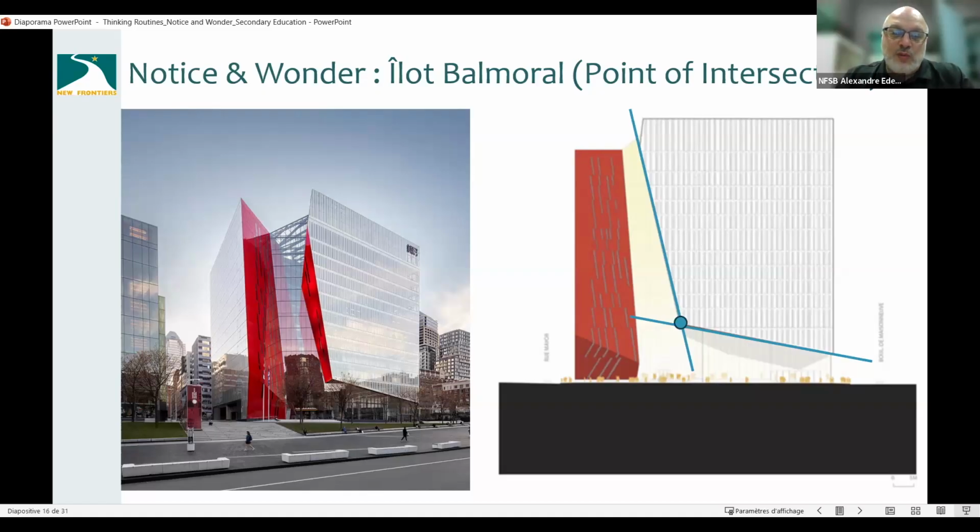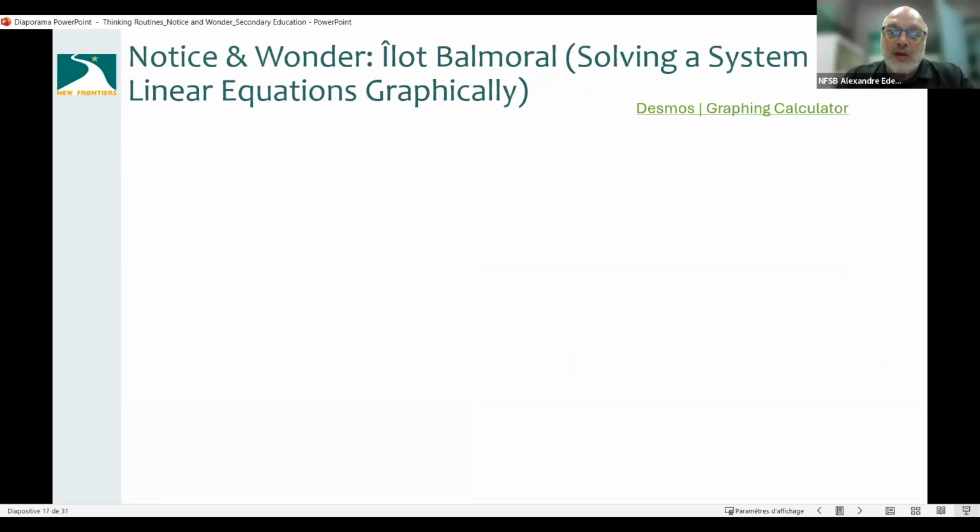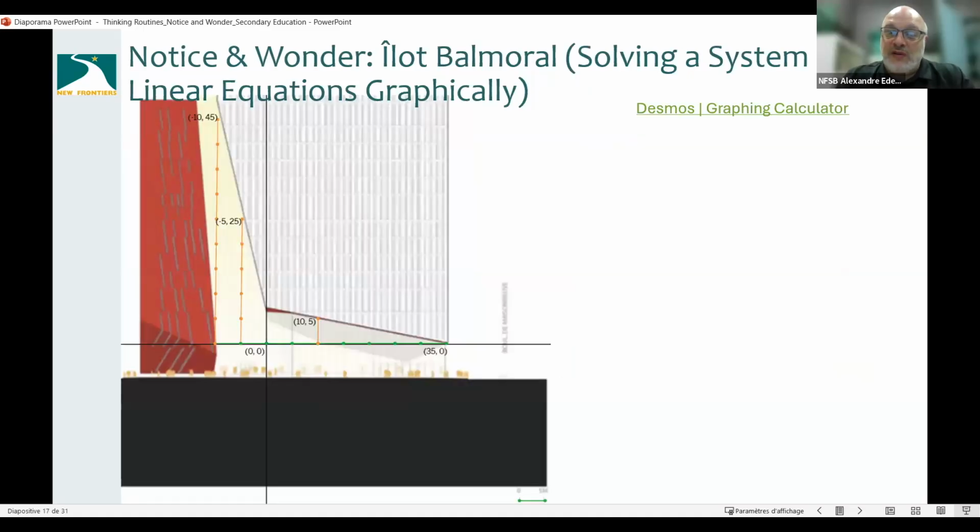To get coordinates, we're going to need a reference plane. So now we need to add our reference plane, that is to say our Cartesian plane, to the picture that we had over here. And here what I did, because we have a scale that's mentioned down over here at the bottom,